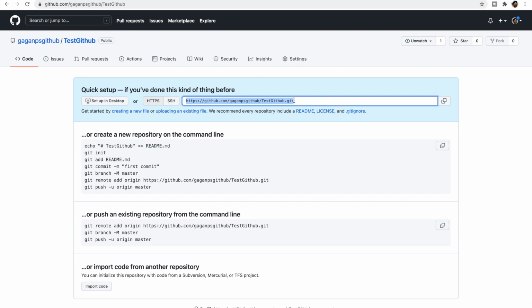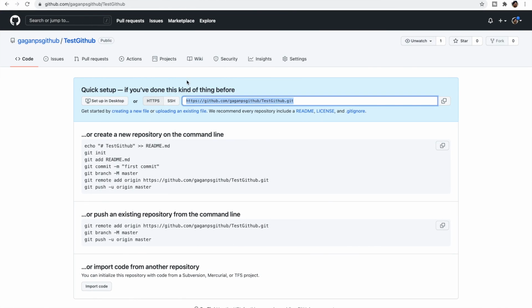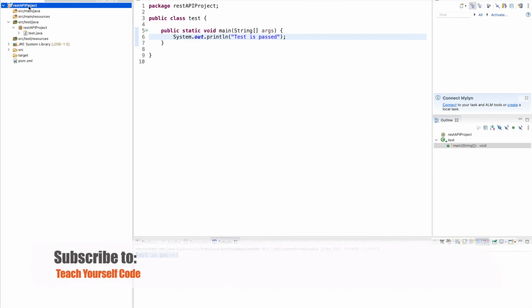So I'll just copy this repository URL and go to Eclipse, and I'm just trying to reproduce all the steps that will come up in your real life project also. Currently this particular project is all empty in GitHub. In your real-time project, you might have multiple files, and you want to push something here. So it will not be empty in your case, but this is a demo project, so we can just use it as of now. I'll try to map this particular repository with my GitHub repo.